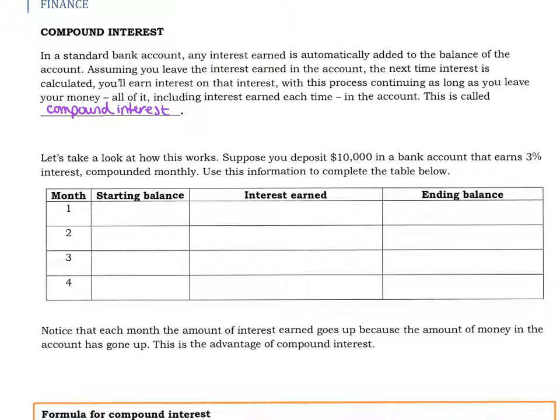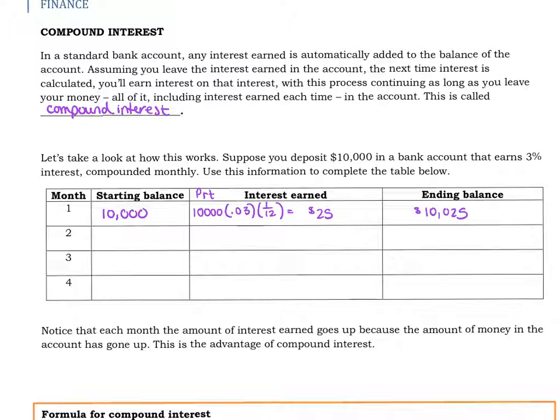And so let's take a quick look at how that's going to work. Let's say we put $10,000 in a bank account earning 3% interest compounded monthly. So we're going to start with that $10,000. Then that interest earned is going to be calculated using our PRT formula, at least for right now. So that's the $10,000 times the interest rate of 3% times, and this is just 1 month, so that's 1/12 of a year. So you will have earned $25 interest in your account, and at the end of the month, you will have